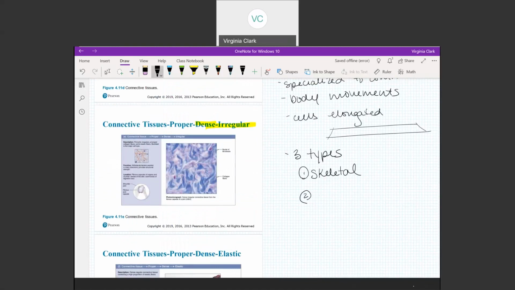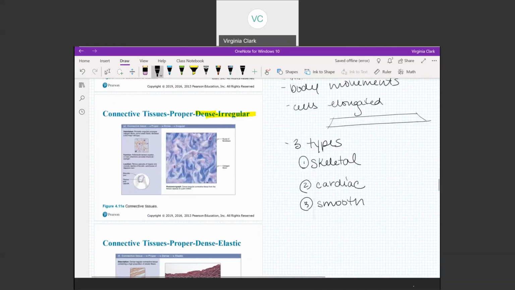Skeletal muscle. This is going to be the ones that connected to our skeleton. Then we're going to have cardiac, which is going to be our heart muscle. And then we're going to have smooth. And our smooth muscle is what's responsible for moving our walls of our organs, pumping our blood around our body, moving things through our digestive tract. All of that is going to be smooth muscle. And then those are the 3 types of